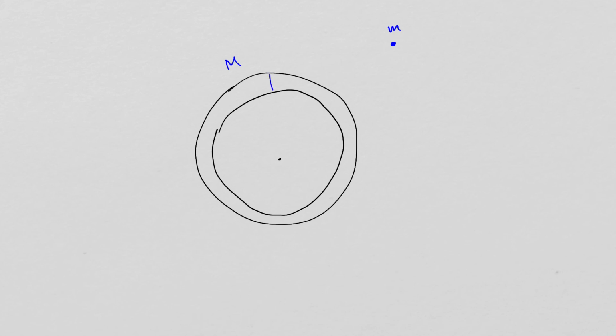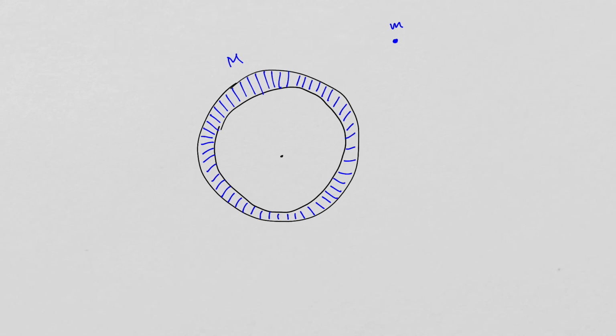Let's divide this shell into small parts. Each of these parts will have the same mass. Let's call this mass m prime. So then each element with mass m prime, shade 1, will attract this mass with some force, and the force of attraction, let's call it F1 prime. Another element will attract this mass, let's say this element here,